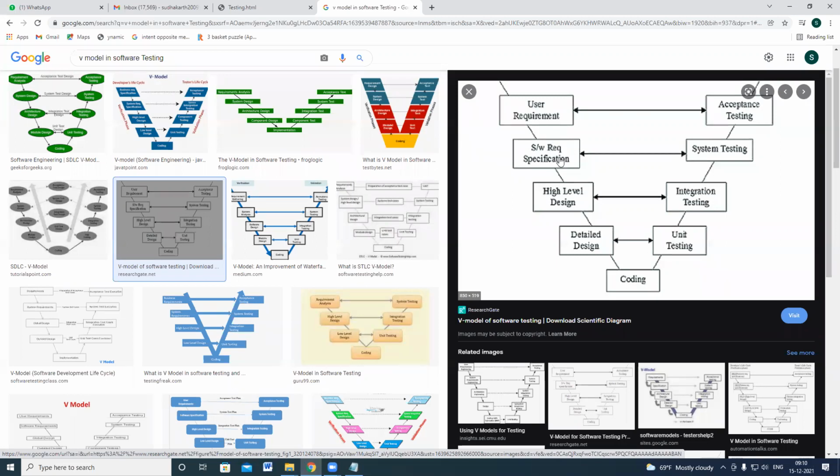So here: user requirements, software requirements. These are the phases. User requirements means you are getting FRD and BRD documents. And software requirement specification describes exactly what acceptance criteria are expected from the system. It contains all the bullet points on how the system is supposed to work. We will go through these user stories, FRD and BRD documents, and ensure the system testing is properly covering them or not.